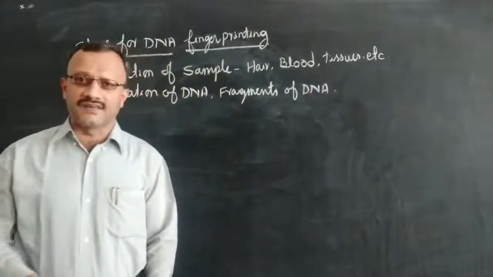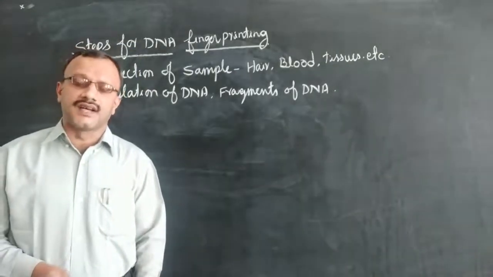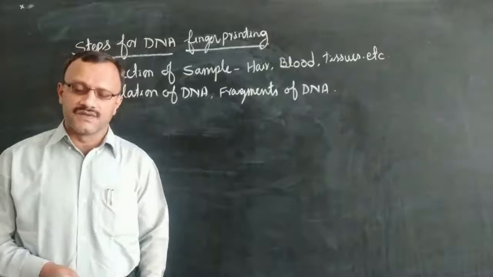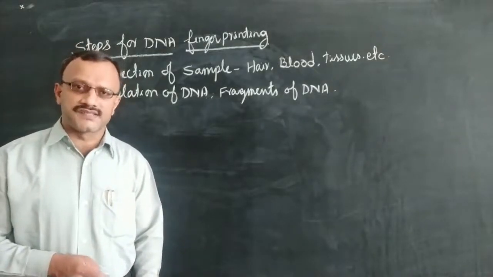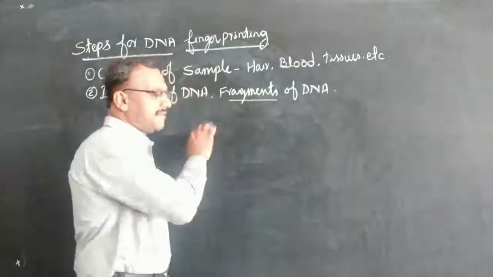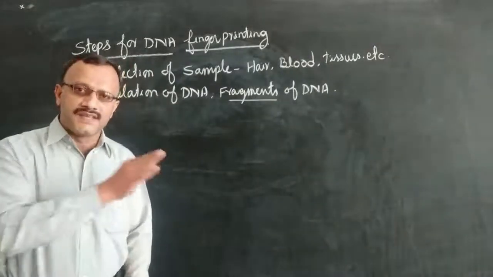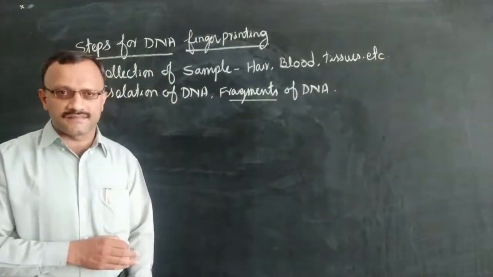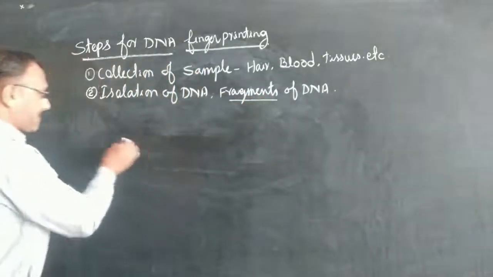To get the fragments, the DNA will be treated with certain restriction enzymes, which cut the DNA into a number of fragments. So the fragmenting of DNA is very, very important. Without fragmenting, we cannot identify these VNTRs or the mini satellites. Then followed by these fragments, then the third step,